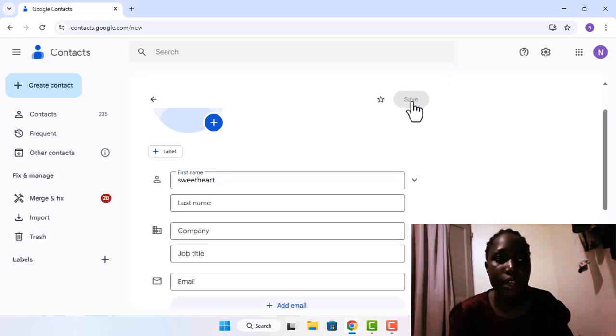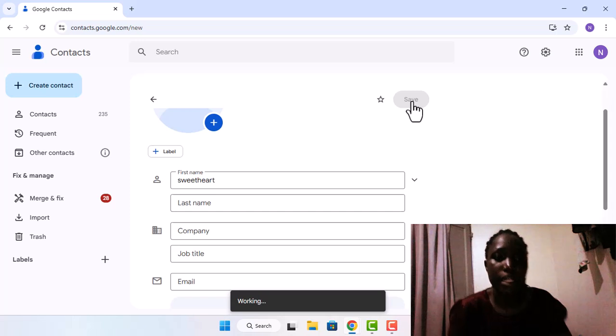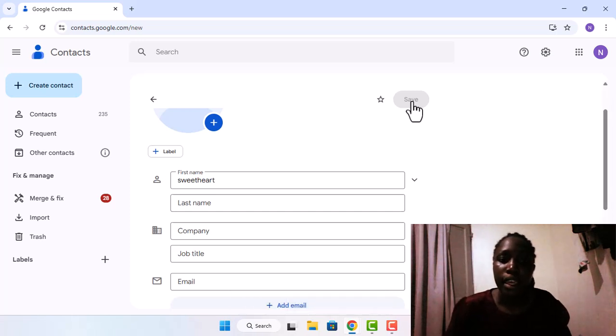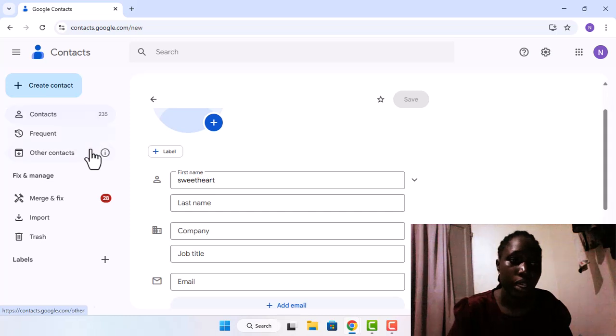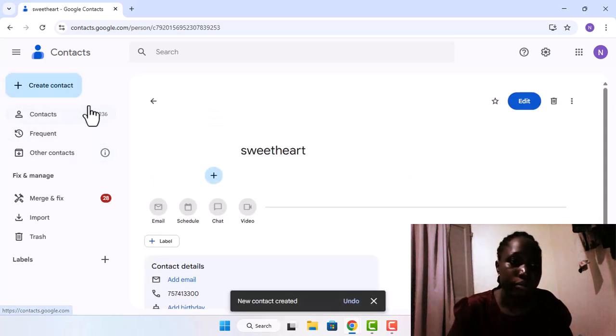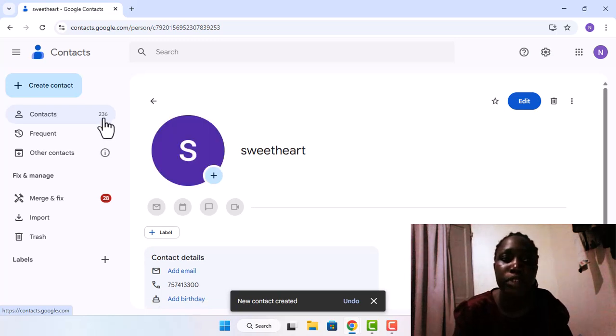So after saving, you're going to find out that I've saved my contact, and this will back up my contact. It will be one of my many contacts that I already have, but even after losing my phone or anything, I can easily retain this information using Google Contacts. So as you can see, it gives you other options. For instance, I previously had 235 contacts, but now I have 236. So it's a new contact created on my